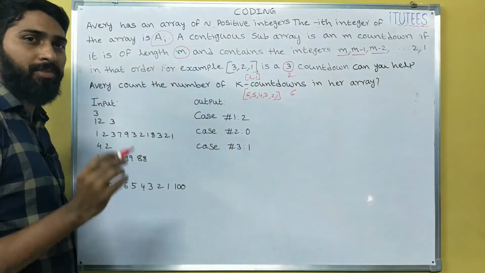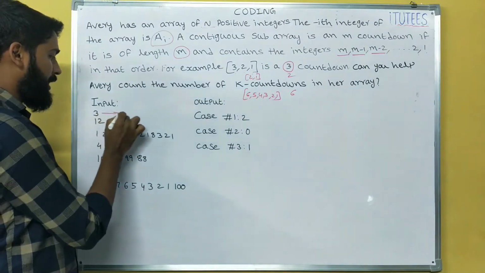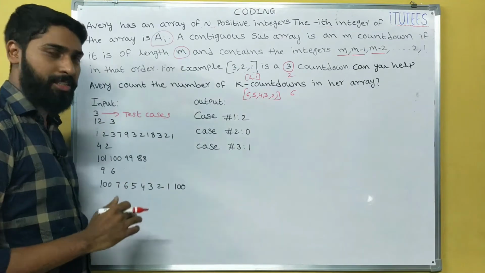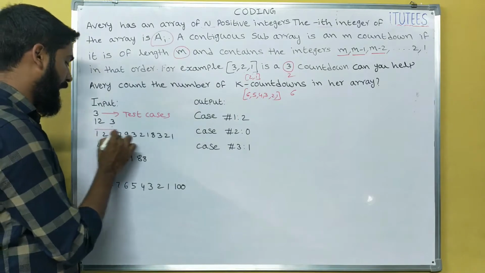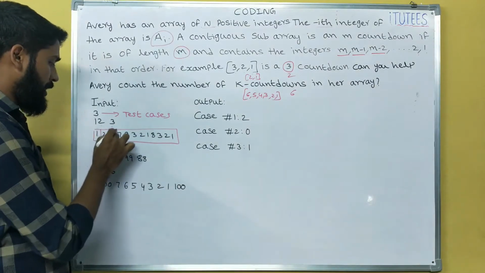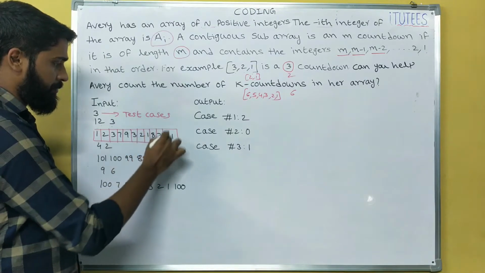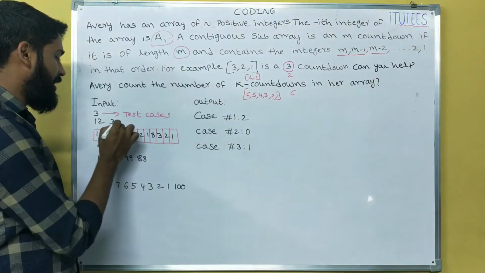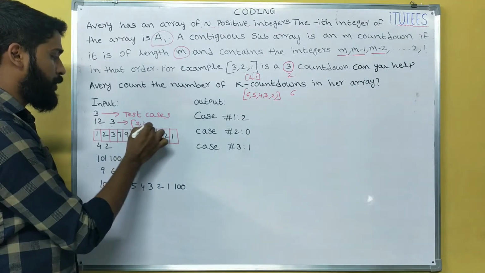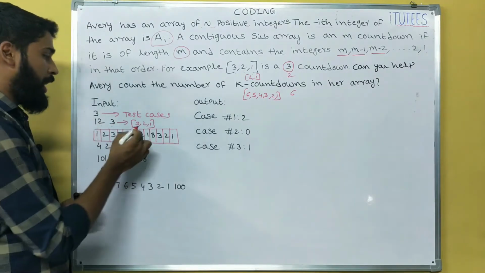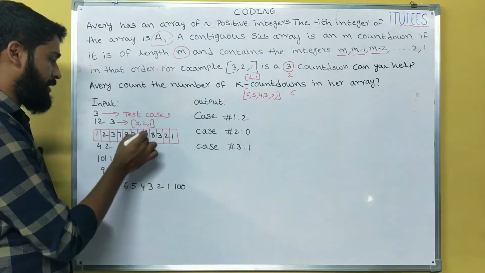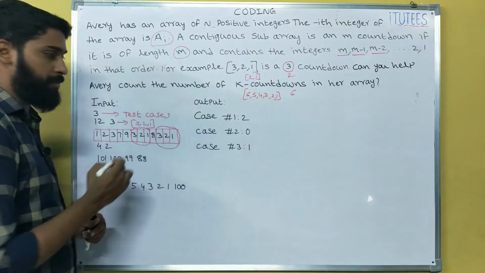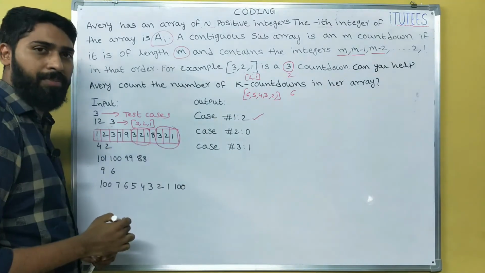So now we can discuss one example. This is for test cases, so that means we are going to do 3 test cases. 12, 3. So 12 means n numbers, that means there are 12 numbers. And the next value is 3, so the m value equals 3. Now what is the subarray for 3? The subarray is 3, 2, 1. Now we can check how many of these subarrays are in this array. This is one, 3 to 1, and this is another one, 3 to 1. That means in the first case the output is 2.